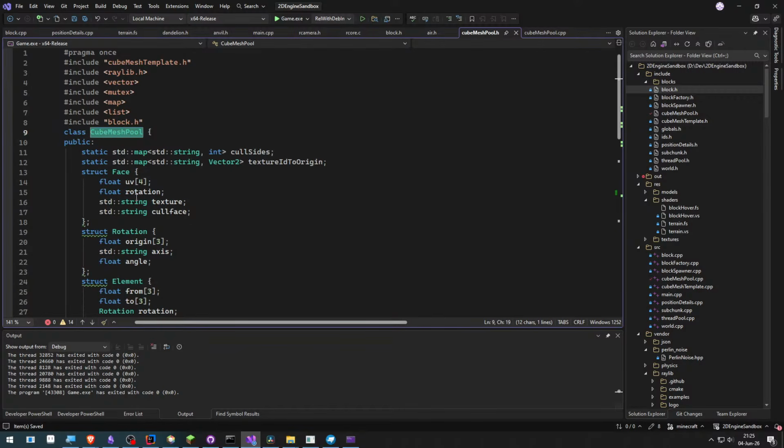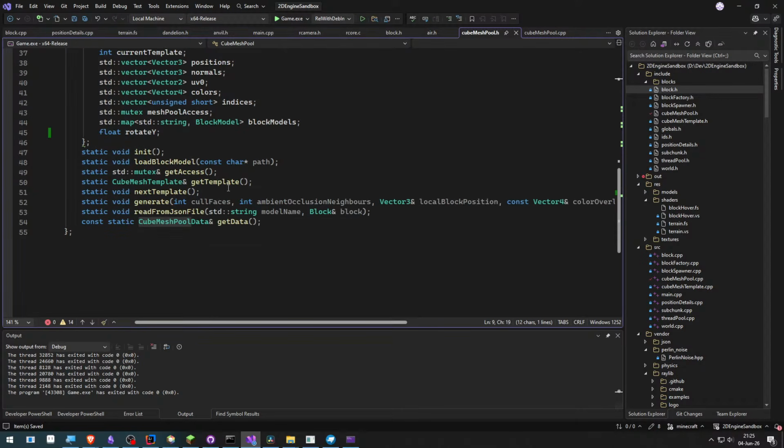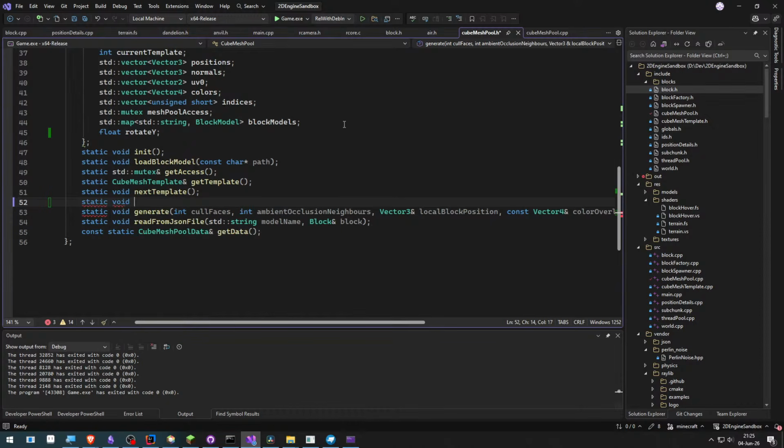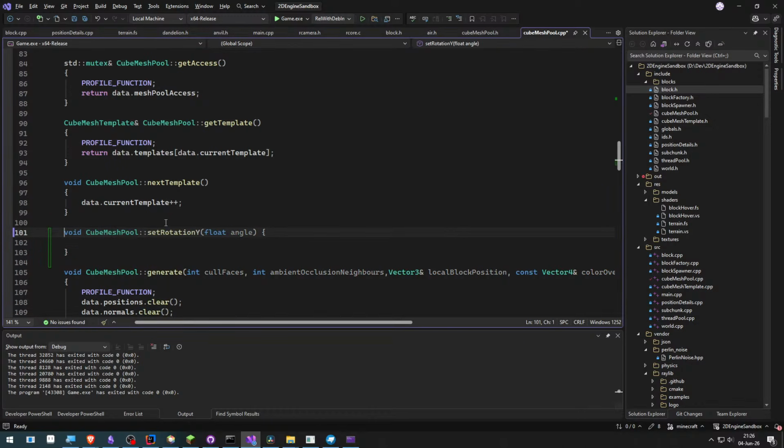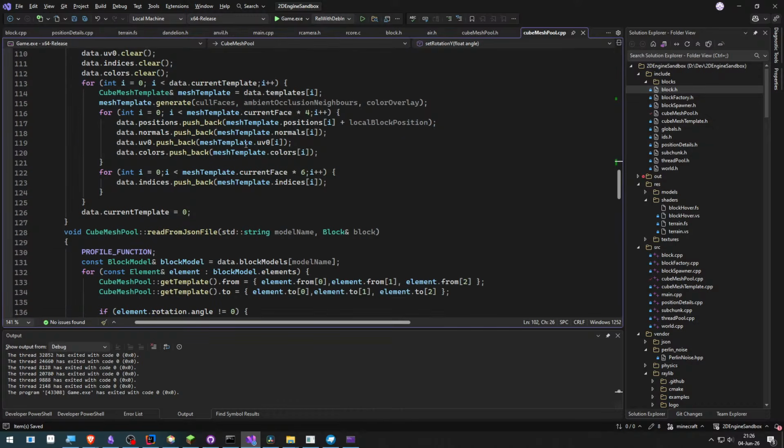We need a function that sets the rotations. So let's do static void set rotation y. And here to get a float angle, the angle or degrees. Let's do angle, why not? Let's implement this function. It doesn't allow me. Let's just copy it. And where should we put it? Let's put it below here. We'll set the data rotate y to be the angle. That's it. And so now when we generate,